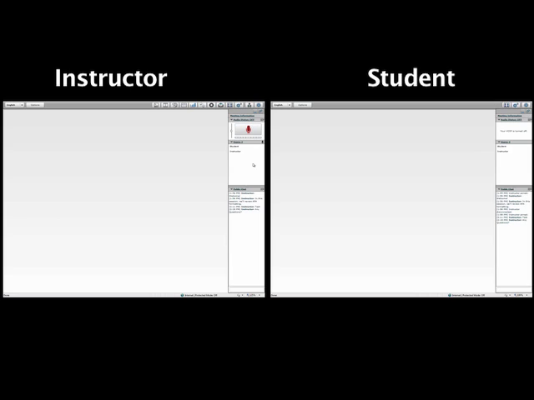So that's a quick look at the Show My Desktop tool. Again, you'll want to install the Show My Desktop tool before beginning the session. I hope that gives you a really good idea of what it does from the instructor side as well as from the student side,